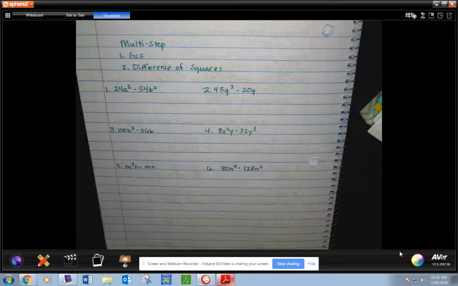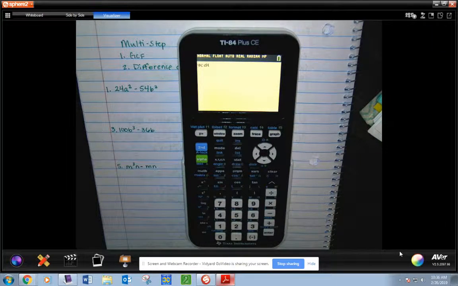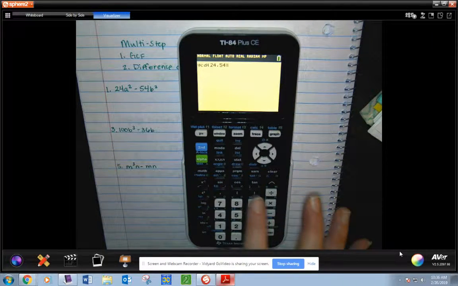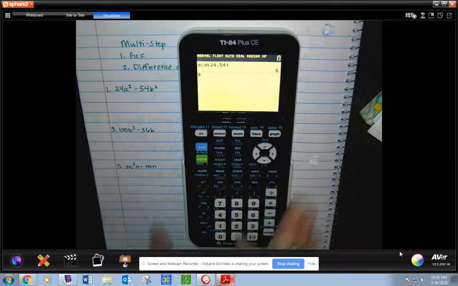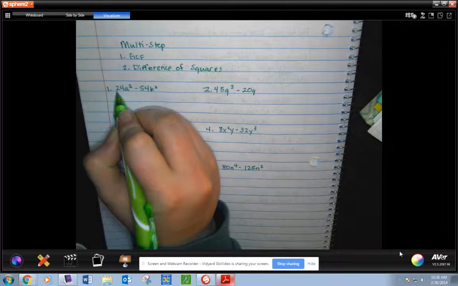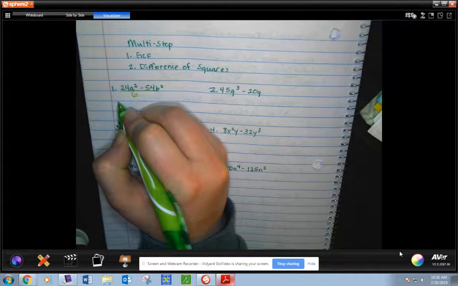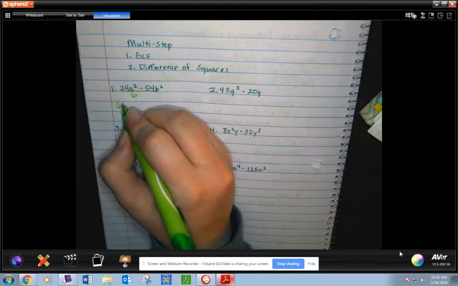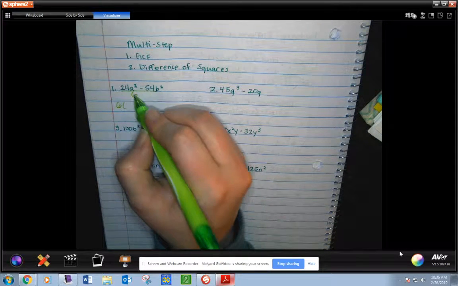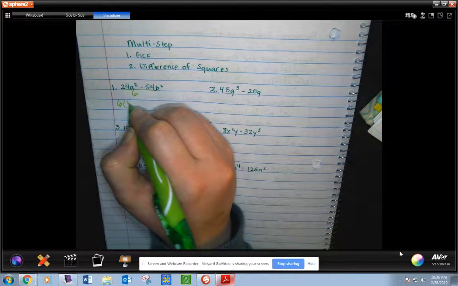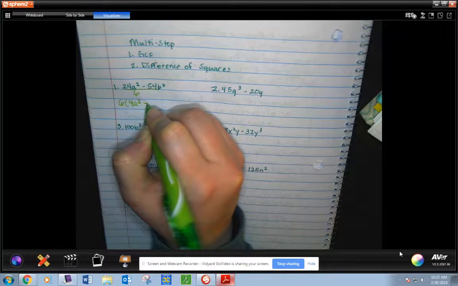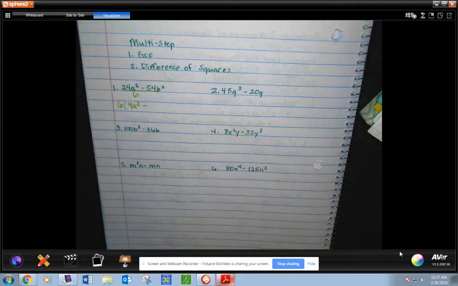If you don't remember how to get your GCF, if you don't know your factors, go math, over to number, down to 9 to GCD, and hit enter. You're going to type in 24, 54, close your parentheses. My GCF is 6, so I'm going to divide both of these by 6, and that gives me 6. I can't divide out a letter because the letters aren't the same. So when I divide, 24 divided by 6 is 4, and I keep a squared, minus 54 divided by 6